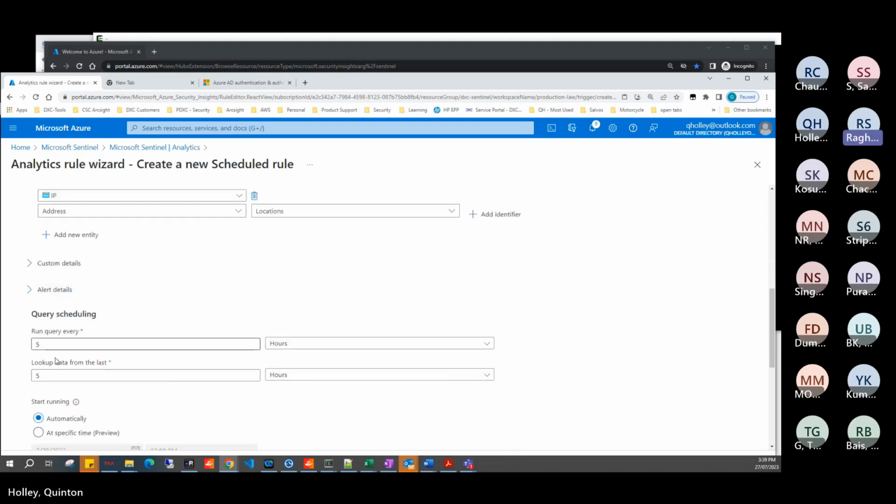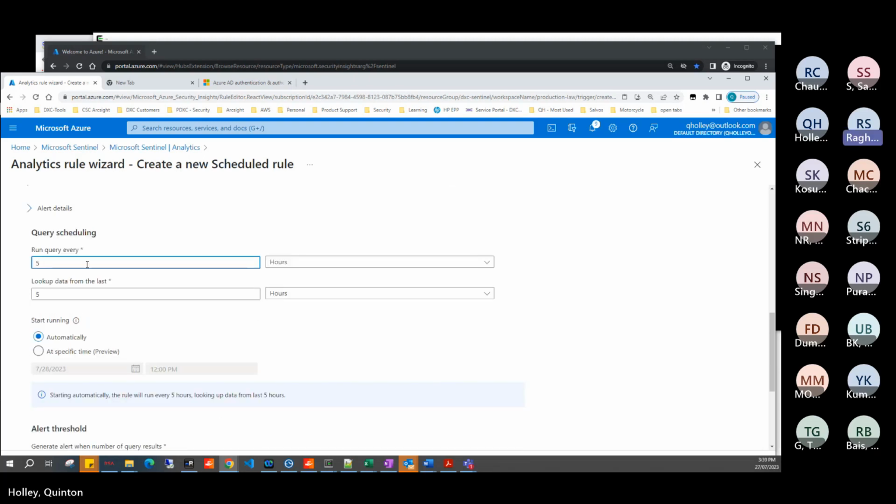Now, by default, this query runs every 5 hours and it captures the data of the last 5 hours, which is okay. You can keep it 1 hour, 2 hours, whatever time frame, but as per the production environment rule, you should not run the query once in a day. In a production environment, typically this query runs at least once in an hour or twice, or let's say once in 2 hours. That's the maximum time frame, because if there's a brute force attack happening on my environment,